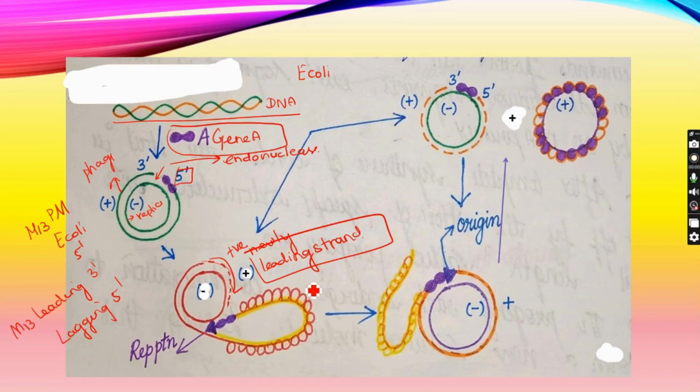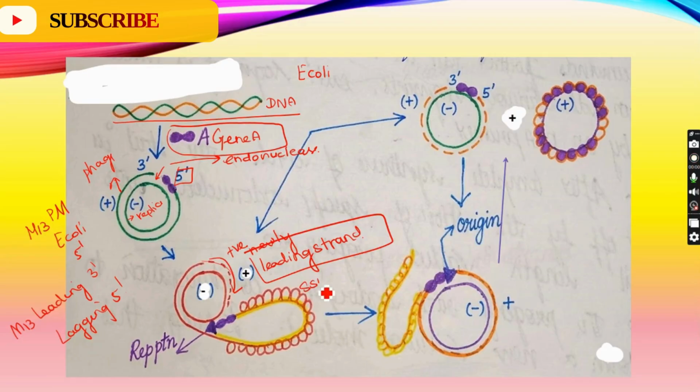To prevent lagging strand synthesis, an SSB protein is going to be attached to the 5' end, that is, the positive strand is going to be attached with the SSB proteins and the gene A protein, while a duplex with the negative strand is formed and is involved in the newly formed DNA. A newly formed leading strand synthesis takes place. At first, the RNA primer is added and continuous synthesis takes place